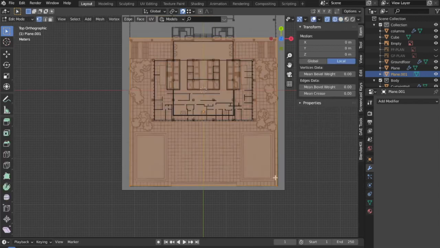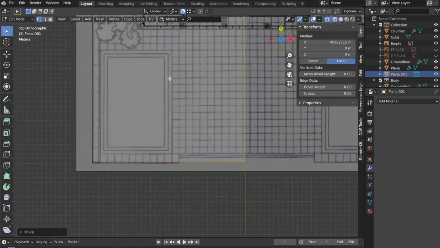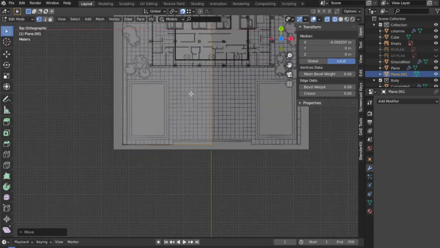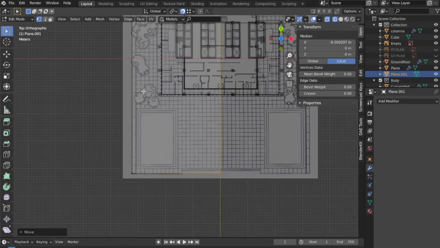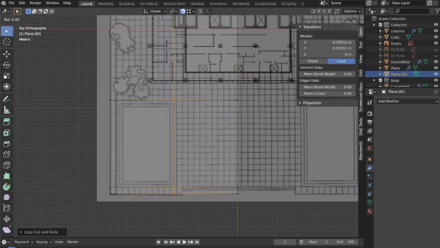go into the edit mode, select these two vertices and then do this, bring it till half, roughly till half would be fine also. Now over here, first we have to create this pool area where the fountains are at. For that, what I'll do is first I'll add some loop cuts over here for creating this shape.